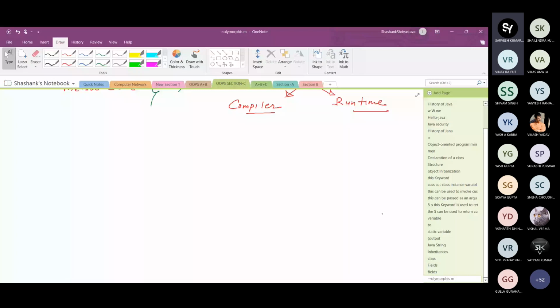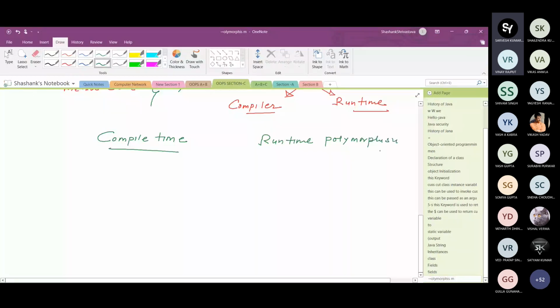The second concept is how many types of polymorphism there are. One is compile time polymorphism, and another is runtime polymorphism. In some books or literature, compile time polymorphism is also called static polymorphism, and runtime polymorphism is called dynamic polymorphism.